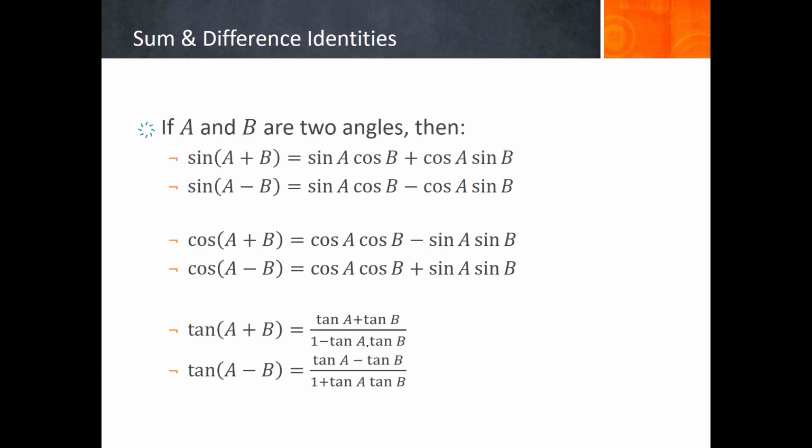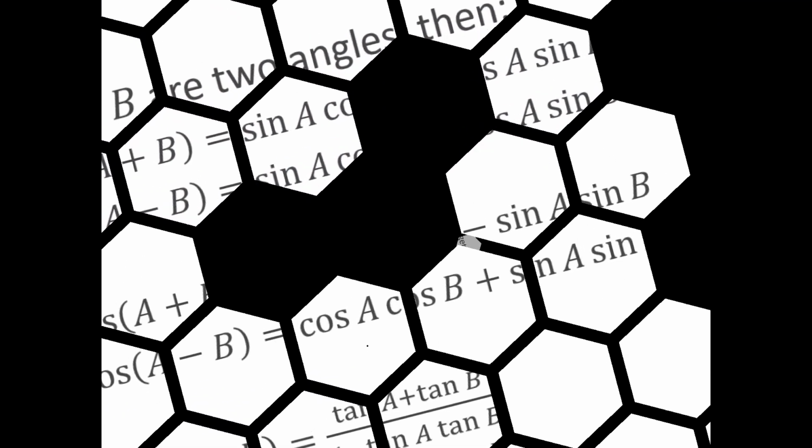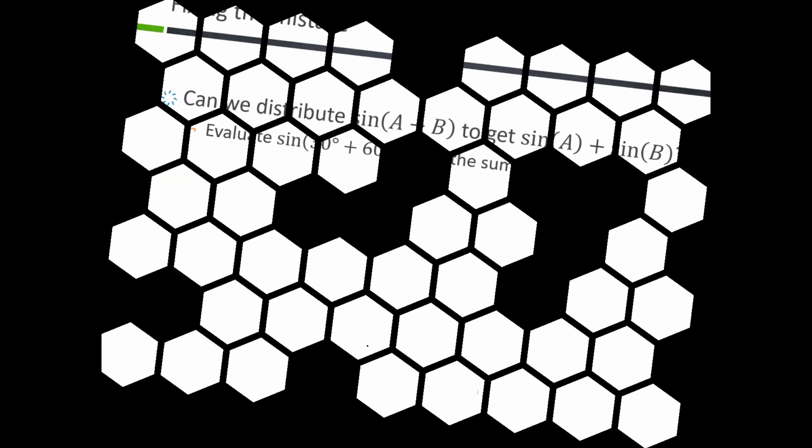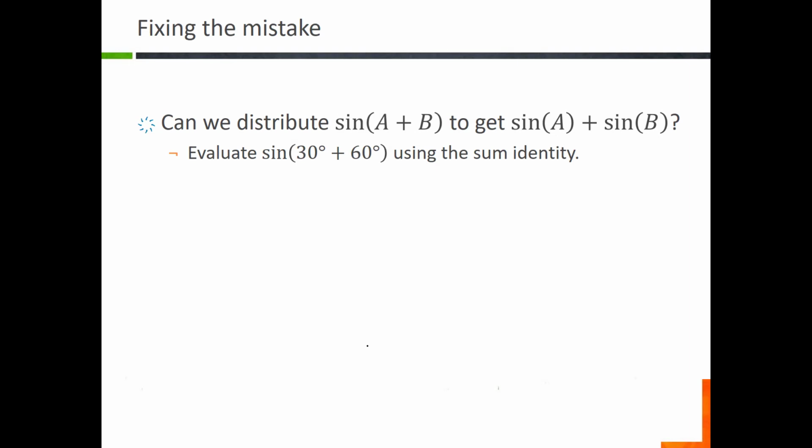Usually we're going to be trying to rewrite something on the left side and convert it to the right side, but it's just as possible to be given something on the right side and having to convert it to the left side. Okay, and we'll look at some of both sides of that. So before we get into a few other identities, I want to revisit that